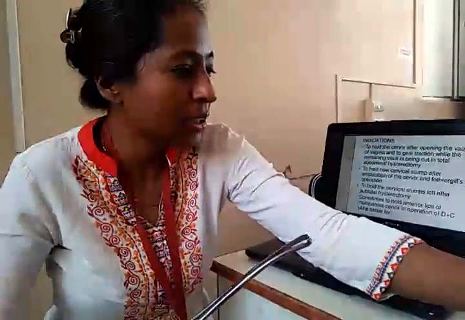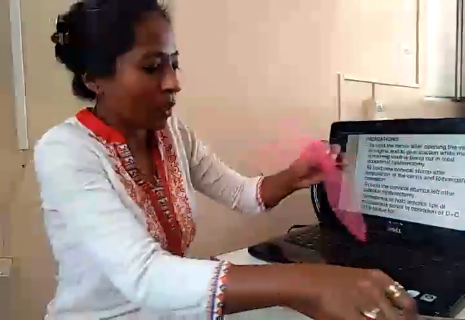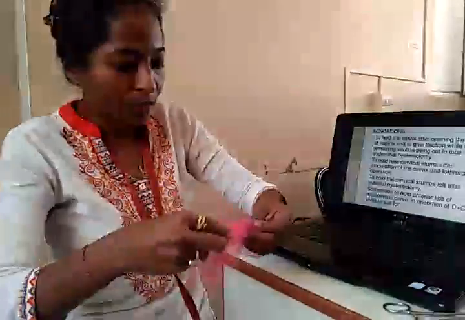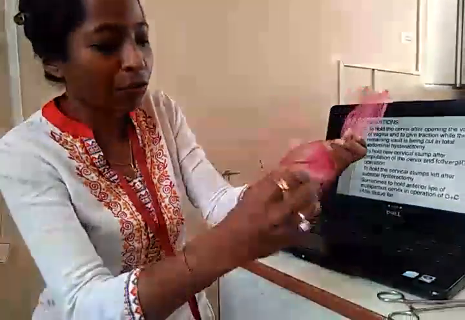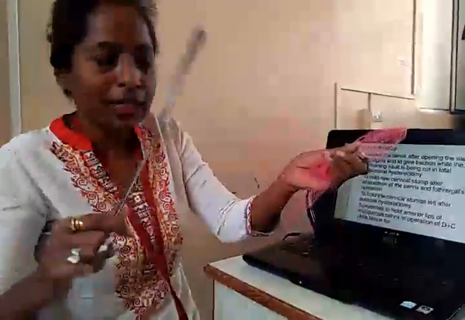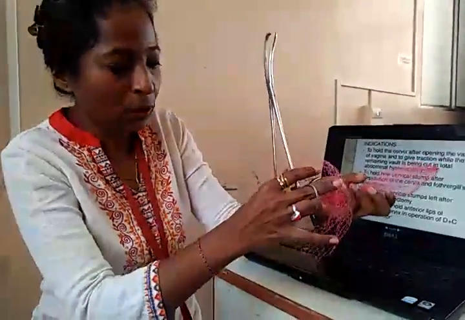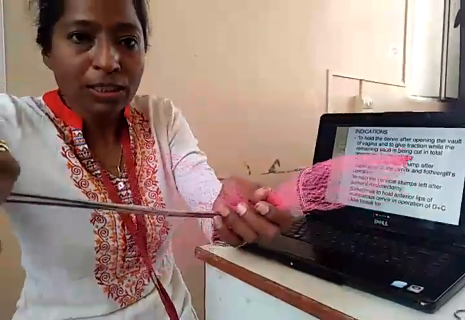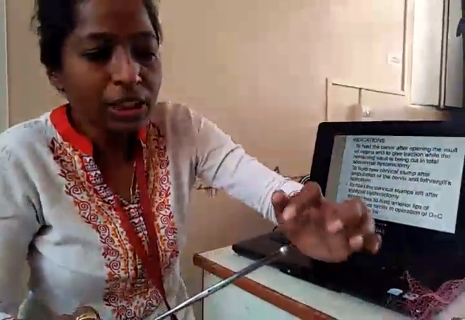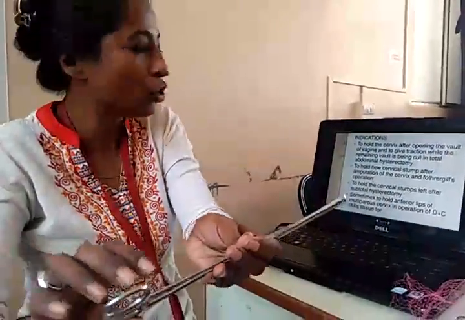Or if you see in this diagram, if this is the uterus and this is the cervix, this vulsellum is used in speculum examination to hold the stump of the cervix or the lip of the cervix. That is the use of the vulsellum with the serrations in front and the catch holder.